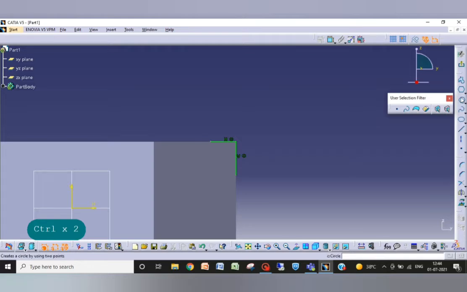Okay. Now take the 3-point arc like this.